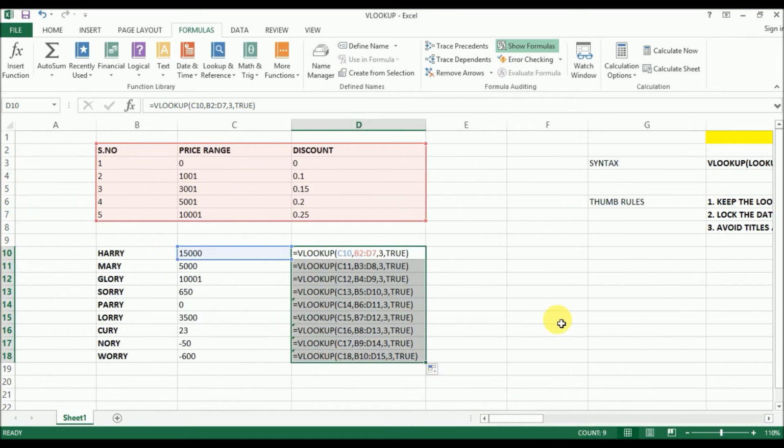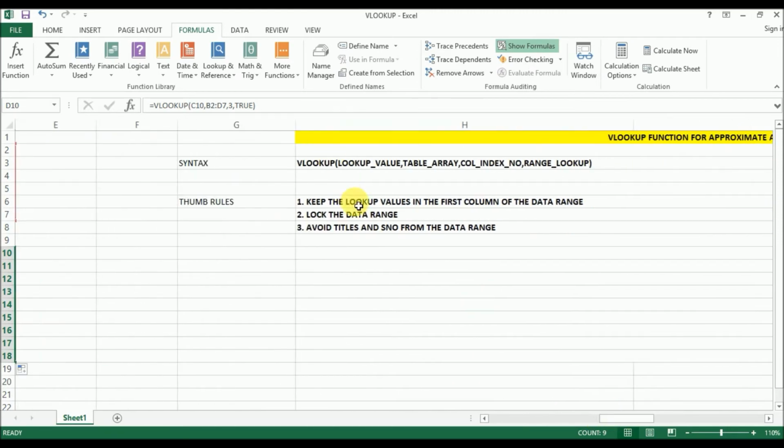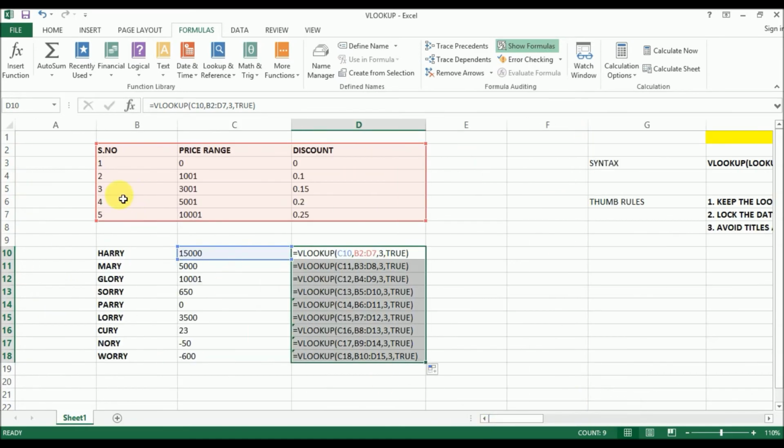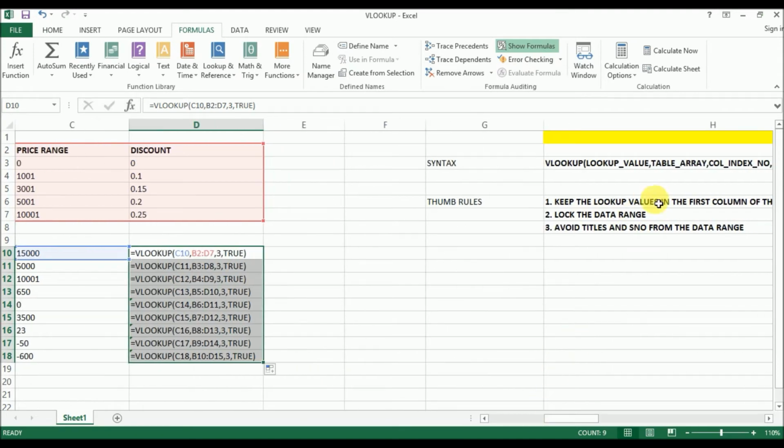What mistake did we make? The first rule is to keep the lookup values in the first column of the data range. But here my lookup value is in the second column, so I couldn't get the answer. So you should not select the serial numbers. Second is lock the data range.